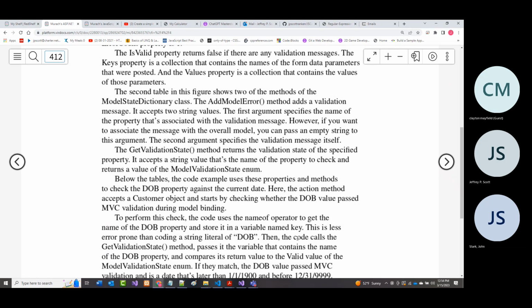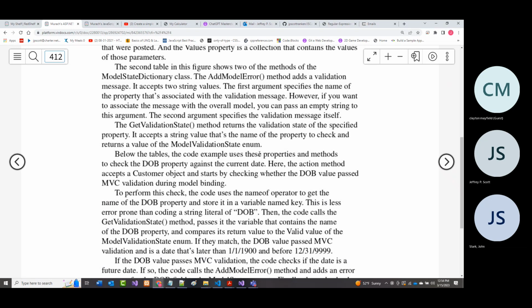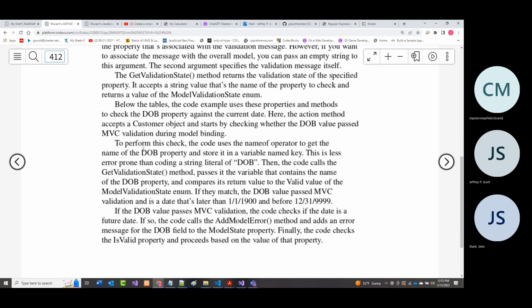Now they do mention some stuff because this is stuff we haven't talked about before. It says the second table shown on the following page shows two of the methods for the model state dictionary class. The add model error adds a validation message. The get validation state returns the validation state of a specified property.